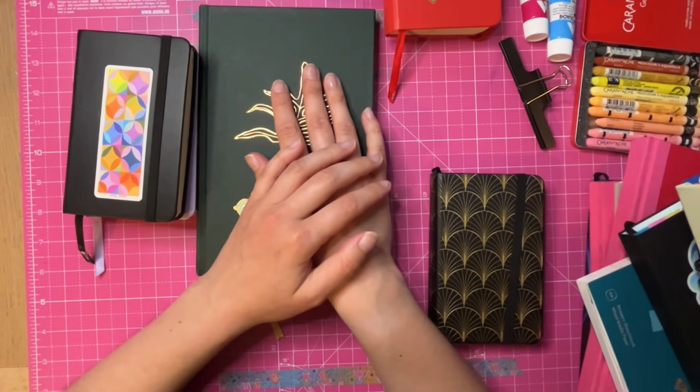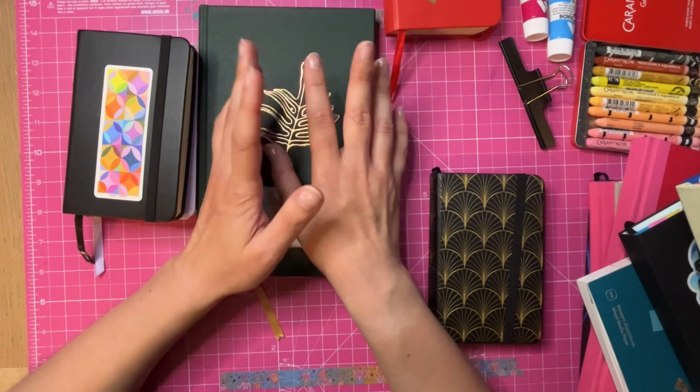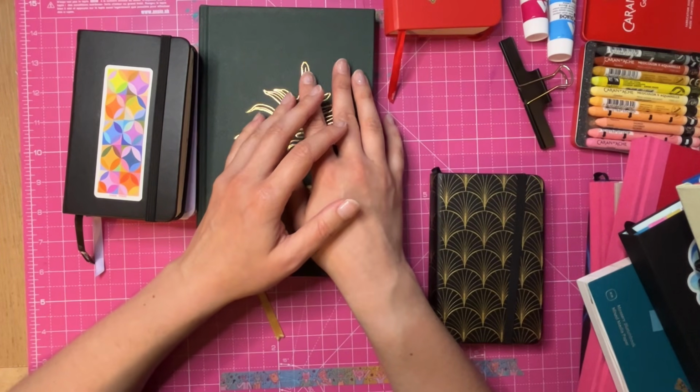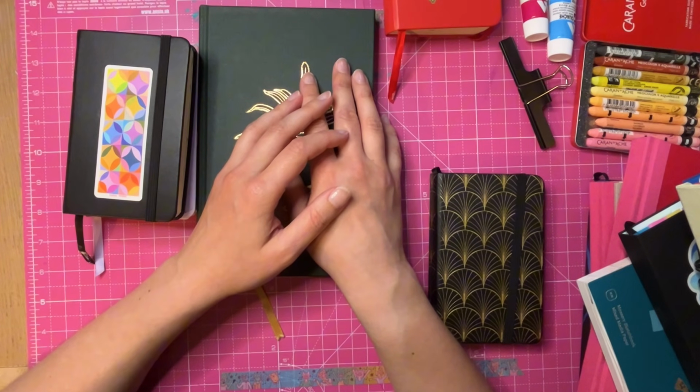Let's keep going. So I love using reference sites, and I know Pinterest is very popular. I've stopped using Pinterest as much. I sometimes use it if I can't find a reference or if I really want something different, but I like using websites that are specifically royalty-free, like Pexels, who I love, and Unsplash, which I think is mostly royalty-free, which means that the